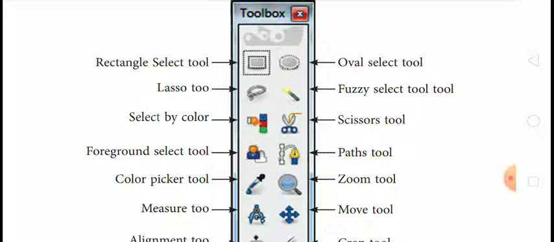In the previous session, we have seen so many tools in the toolbox which are provided by GIMP software.